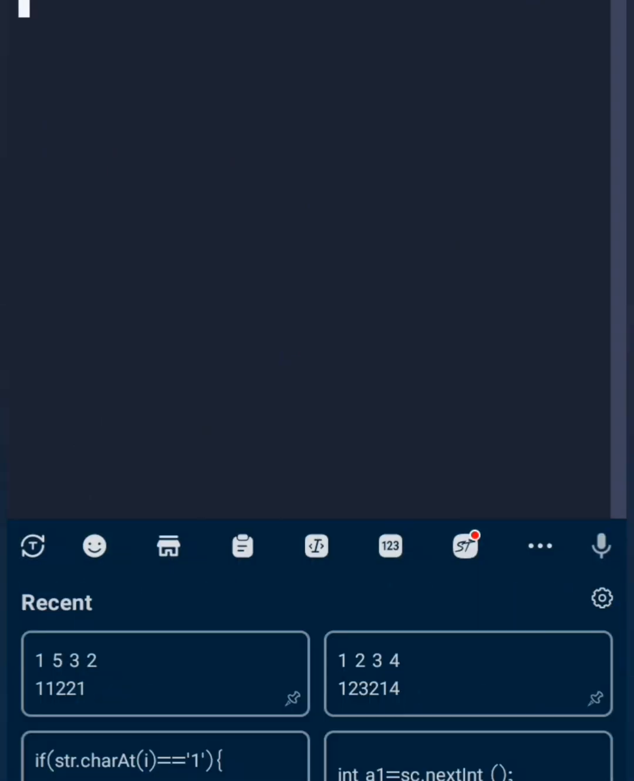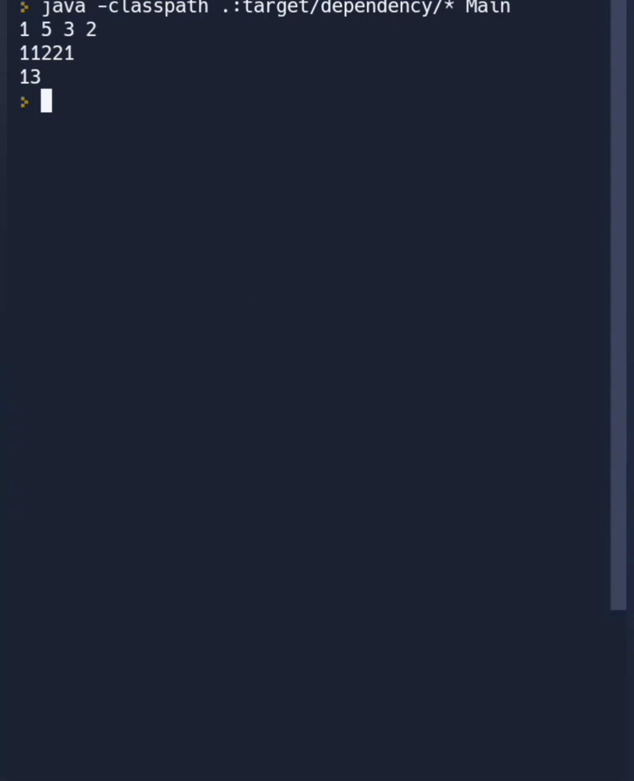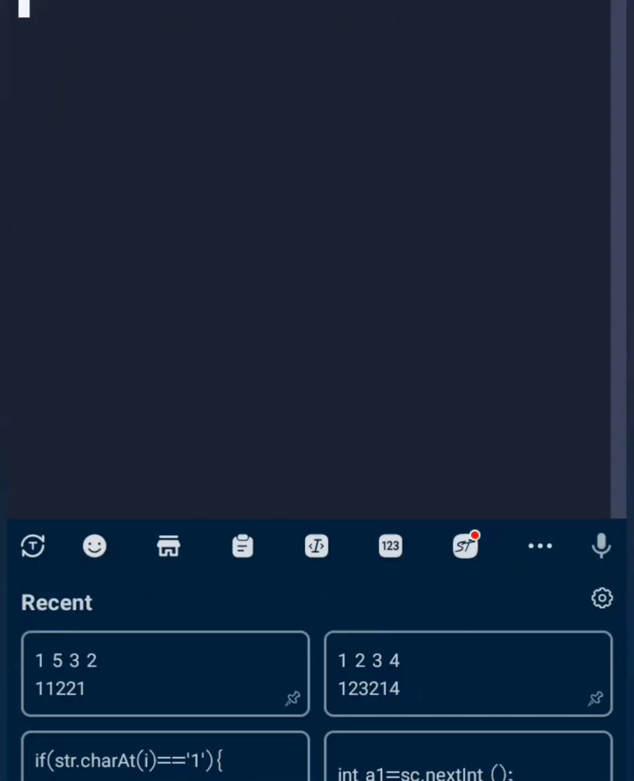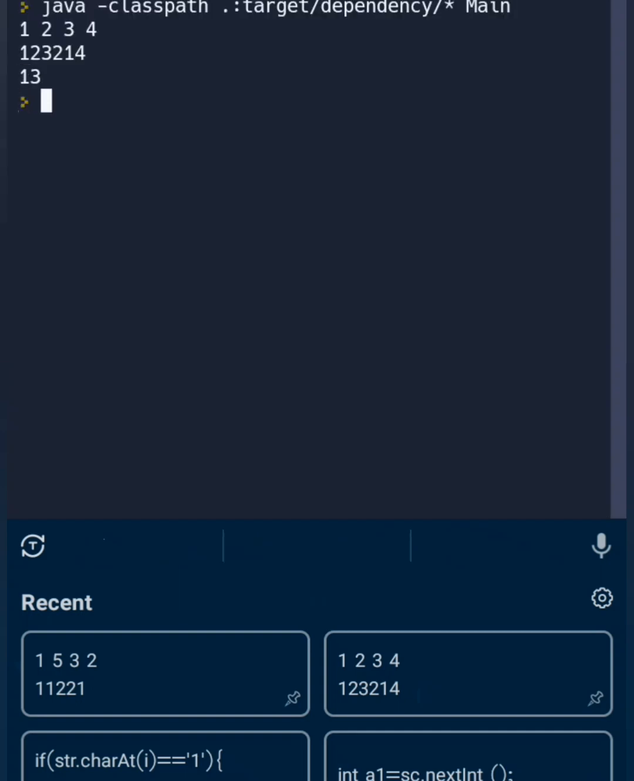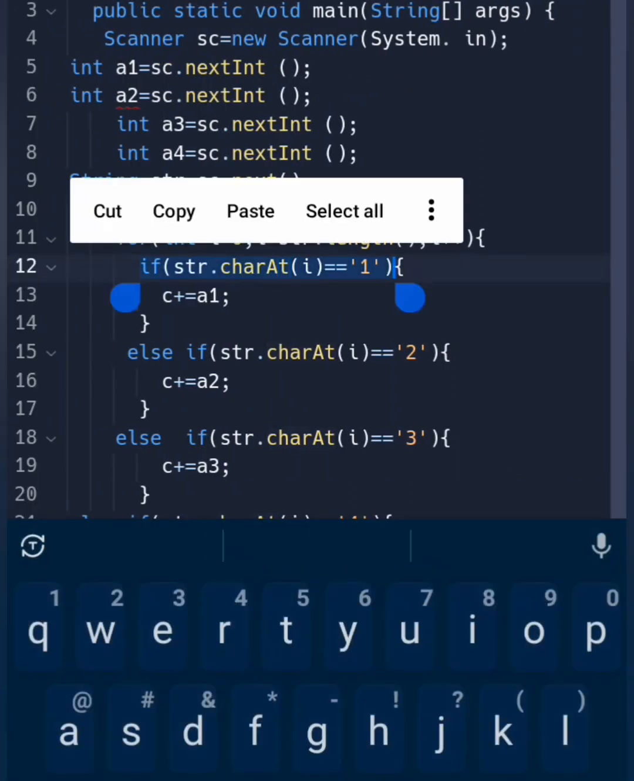So again we have to run our code, and then we paste those examples here, and you can see the answer 30. The second answer is 13, and you also paste here our first example, and the answer is also 30. Then we have to copy our code